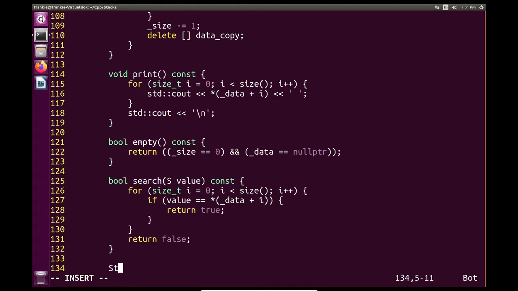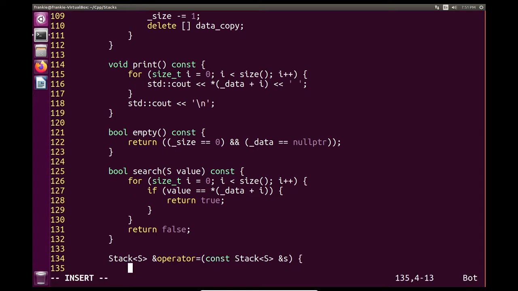So first I'll begin with my operator overload of the equals. I'm going to return a reference of Stack that has the type S. So I'm returning this particular one, and I'm going to have operator= taking a Stack S by reference, and actually I wanted to make this const. So what happens if we assign an empty stack? If S is empty,